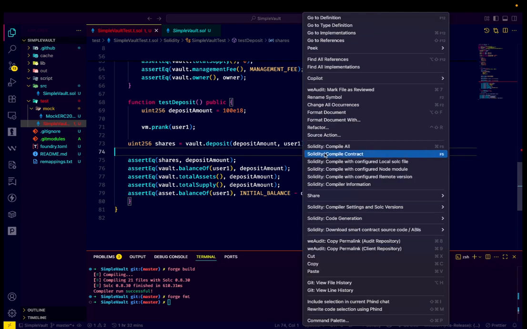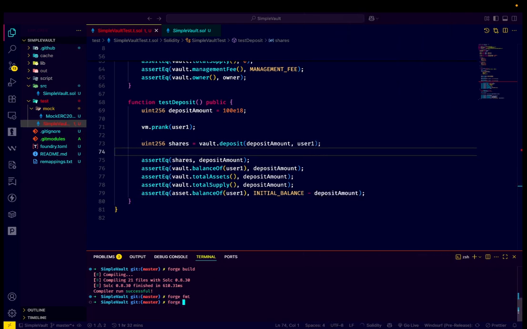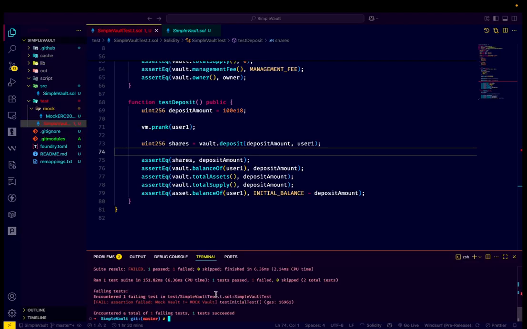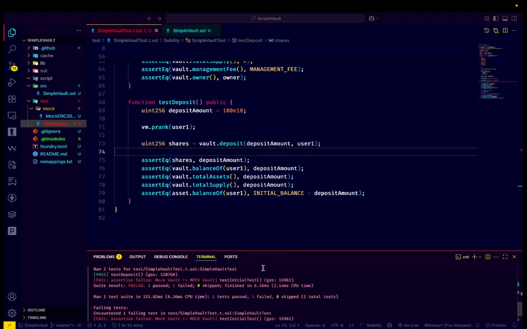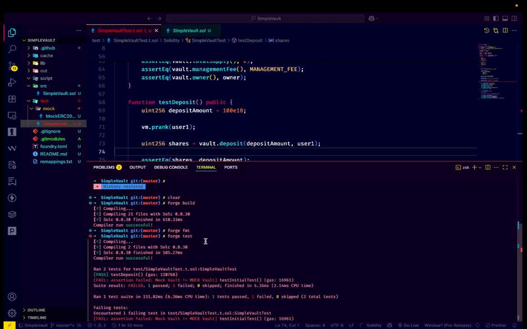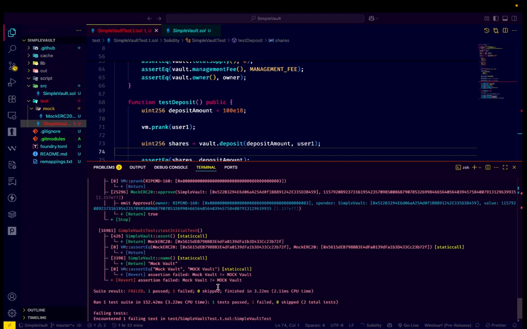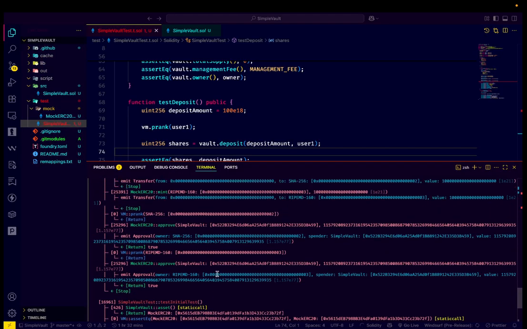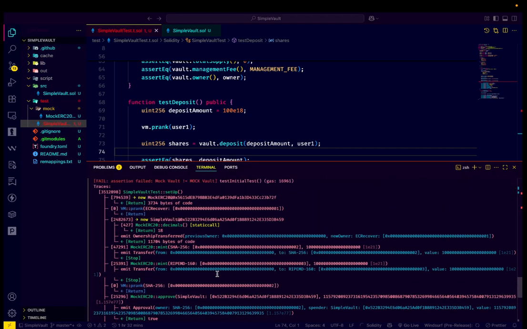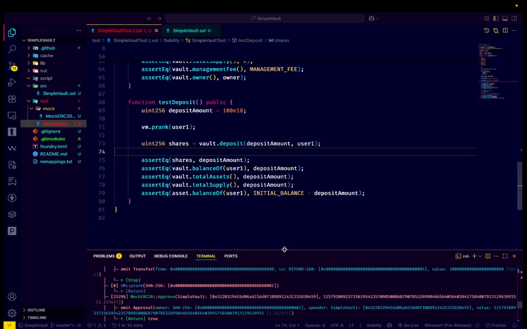That's it. Let's go ahead and run forge test, and one test is passed and one is failed. What is the reason? Skipped. You can run here forge test -vvvvv, and you can see why it is failing. So in the traces you can see why it is failing, and you can fix this, and this is kind of an assignment for you, and I'm going to give you all the right tests